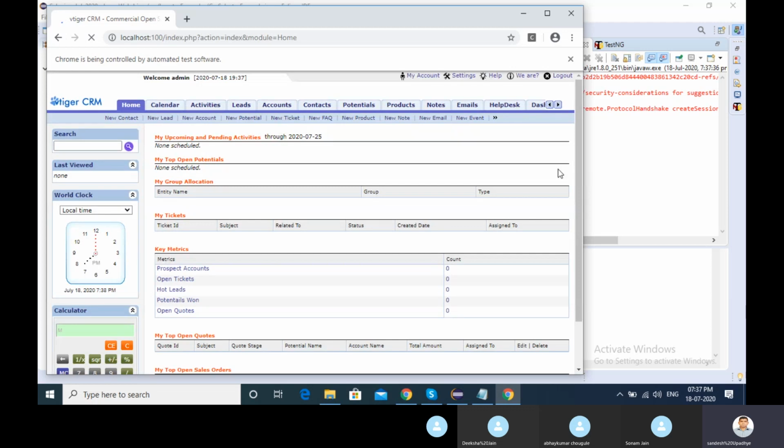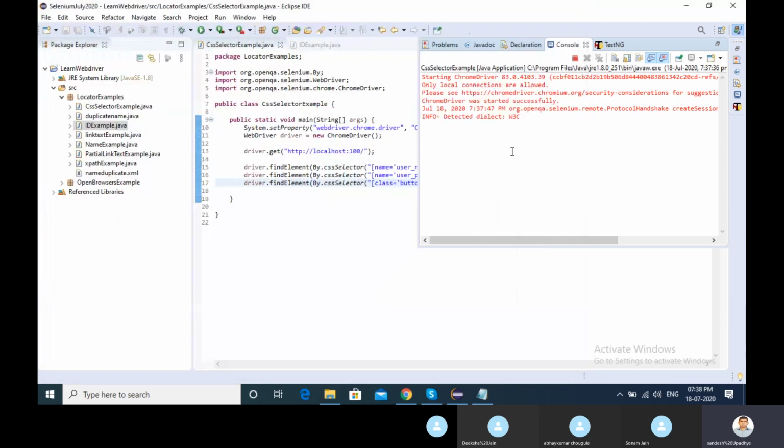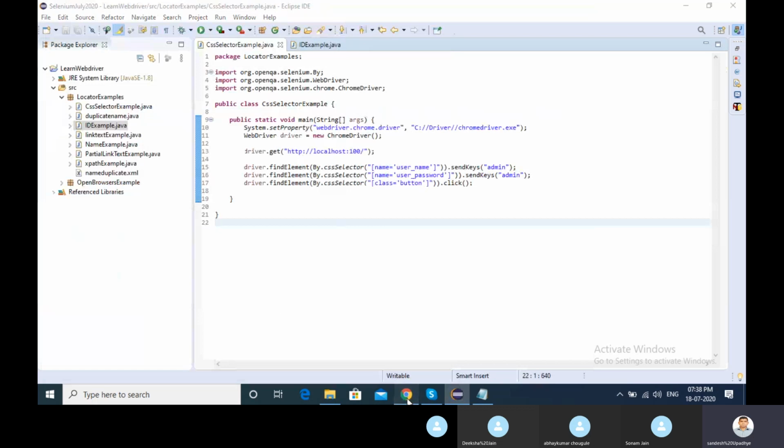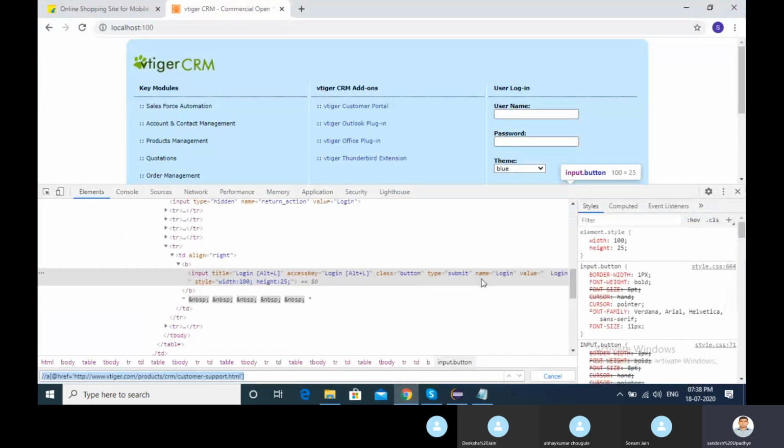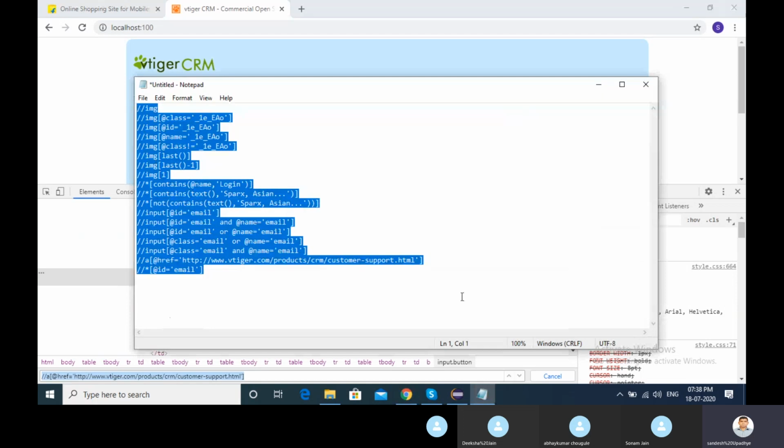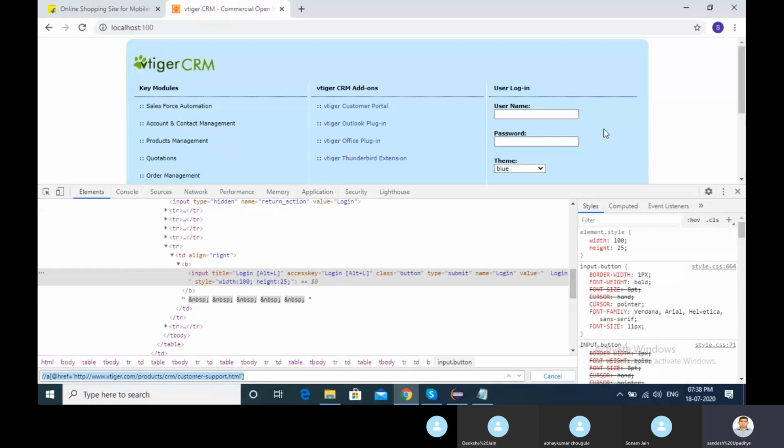So what I'm trying to tell you is, with the CSS selector, you can use whatever you prefer. You can use class, name, ID, whatever control we have. So these are the CSS selectors. I always prefer to go with XPath. XPath has so many conditions, and whatever I taught you, there are many other conditions as well. So it's your choice. I told you how to work with CSS and how to work with XPath, but I always prefer XPath. Okay.